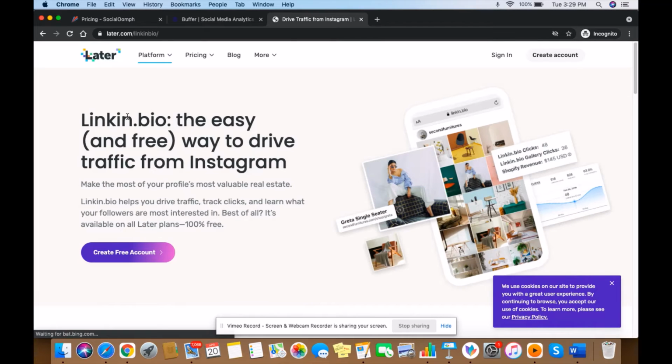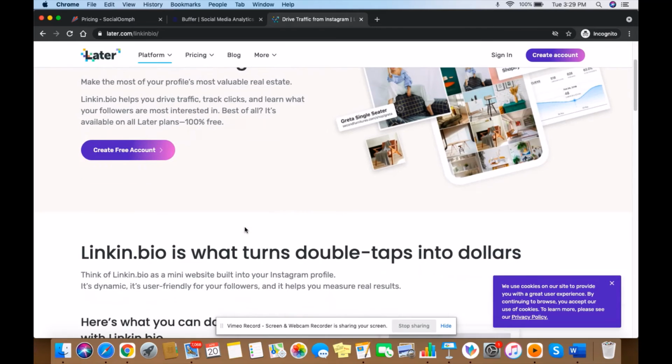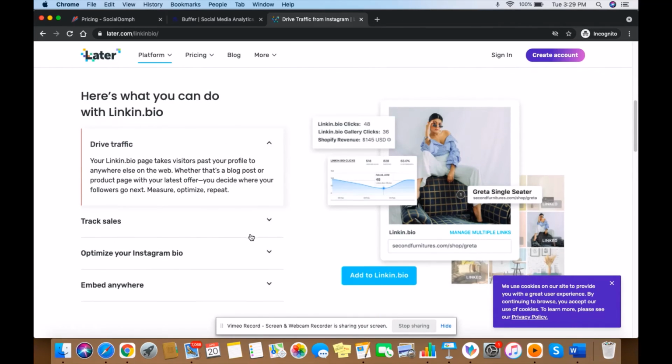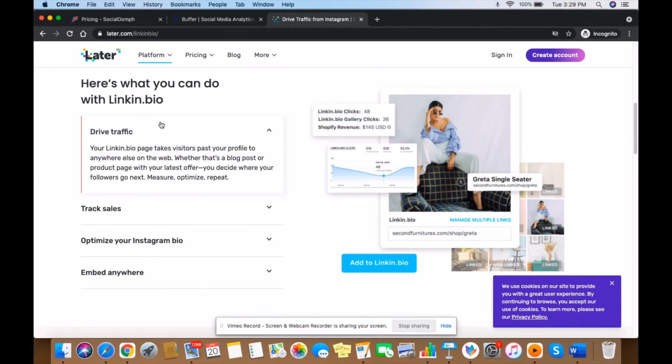And I definitely need to mention linkedin.bio. This is an amazing way where you can showcase your product. Suppose you have a product, you can showcase it using this particular link. You can create a profile using this feature.